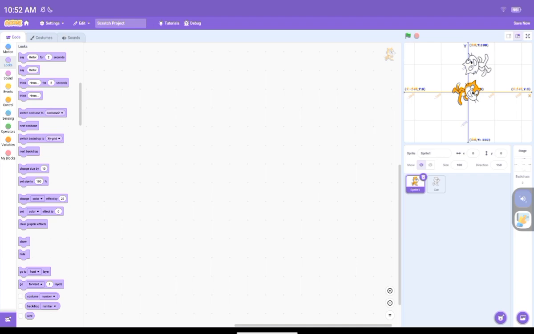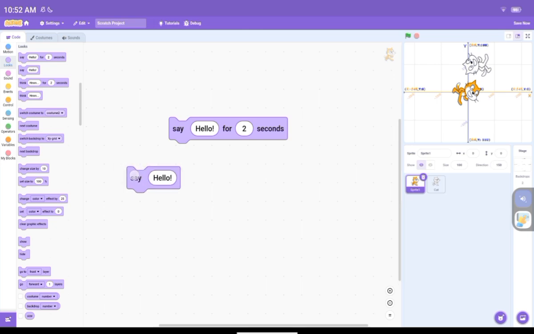Now we're at the looks blocks. There's 4 blocks that are very easy to understand. There's say hello for 2 seconds, say hello,